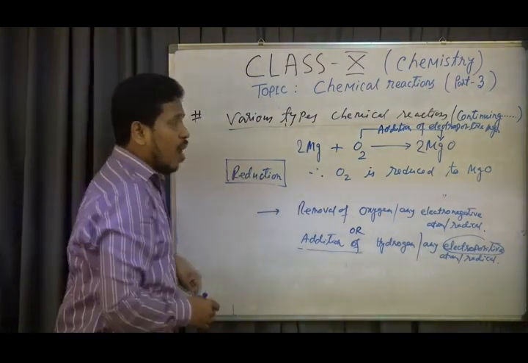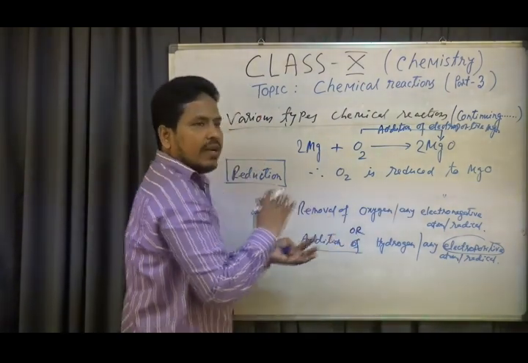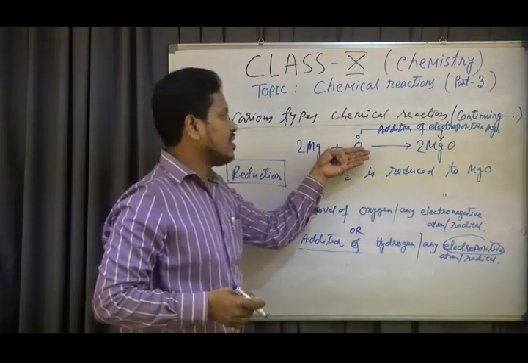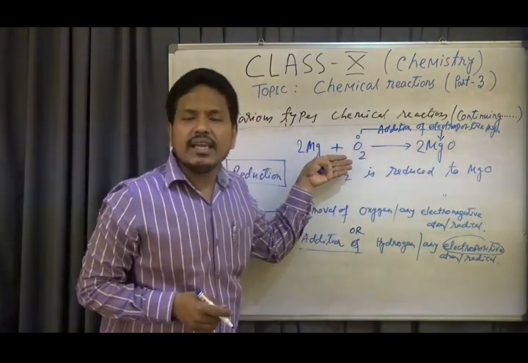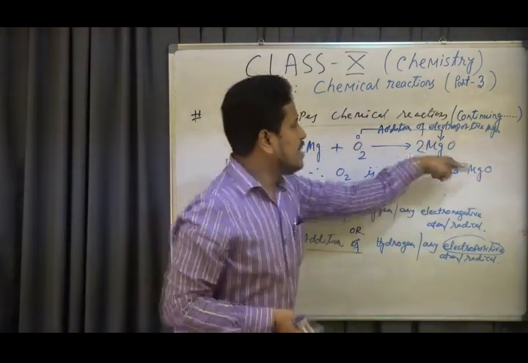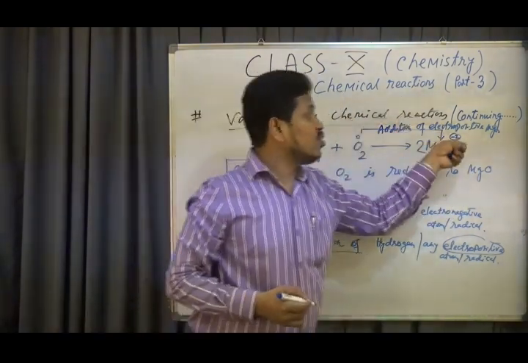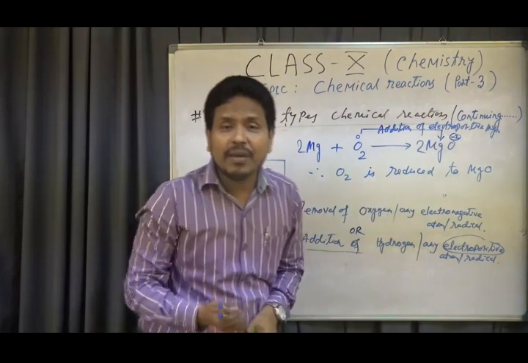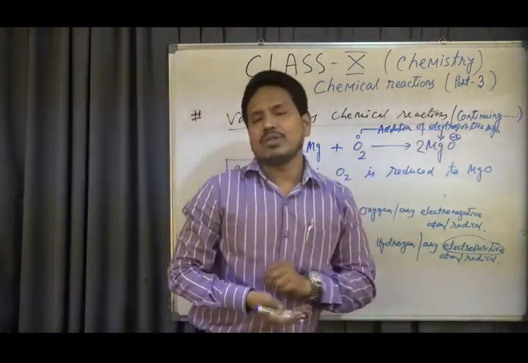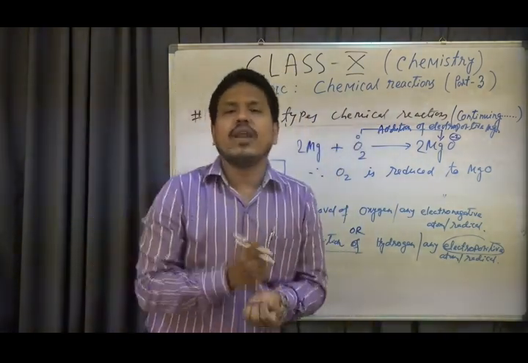So in modern concept, how to explain? Look at this modern concept. Oxygen, elemental oxygen, not in compound form. So this oxygen atom is in zero state, means this oxygen atom in oxygen molecule does not lose any electron. Neutral state, oxygen zero oxidation state. But in the product, magnesium oxide, oxygen is -2 charge in this compound. That is 0 state to -2 state. That is, oxygen atom gains 2 electrons during this process. That is, oxygen is reduced to magnesium oxide by modern concept. So the same reaction can be explained by old concept as well as modern concept.